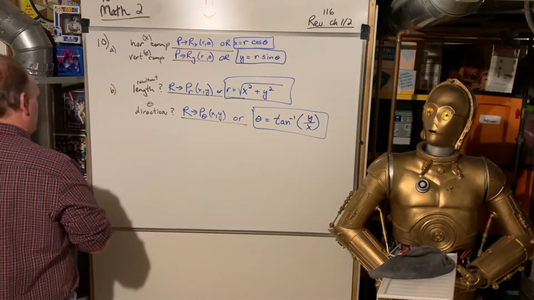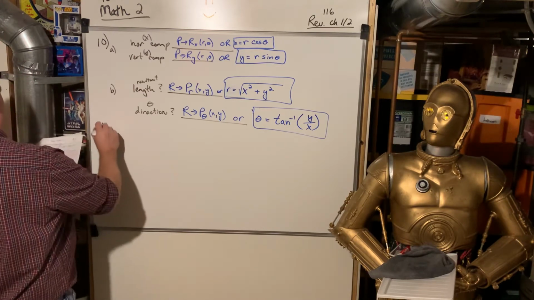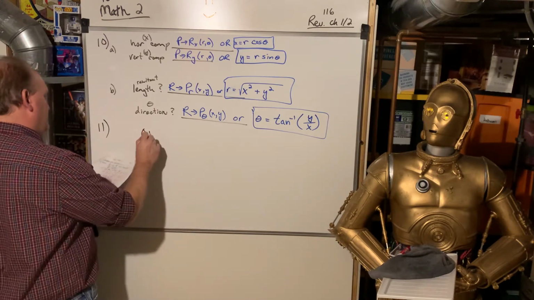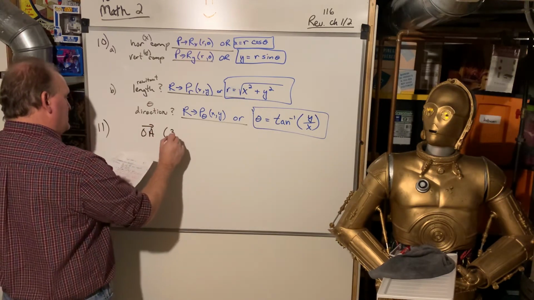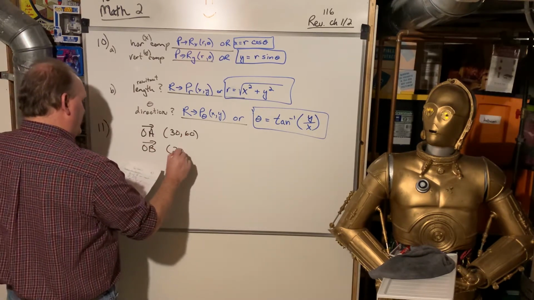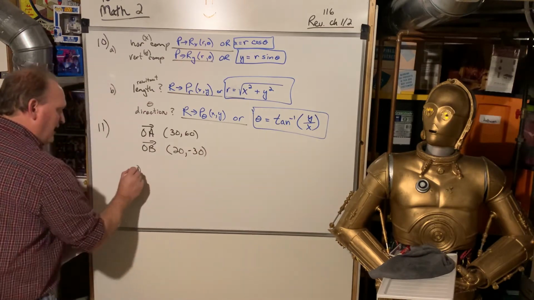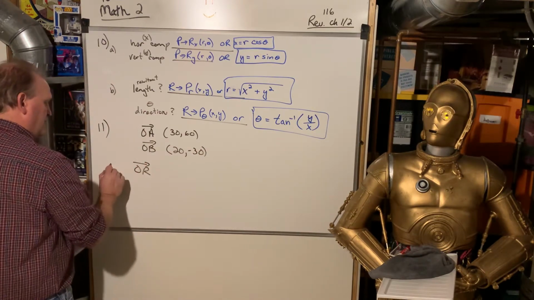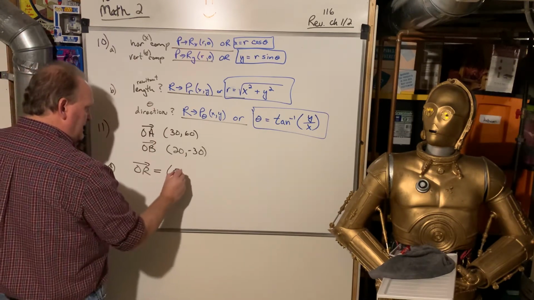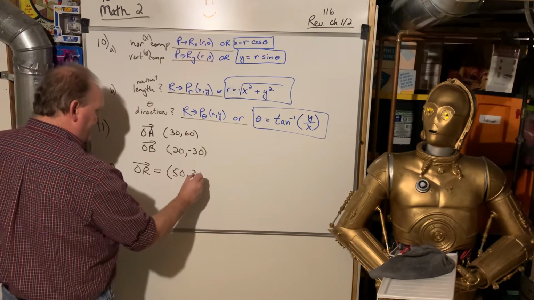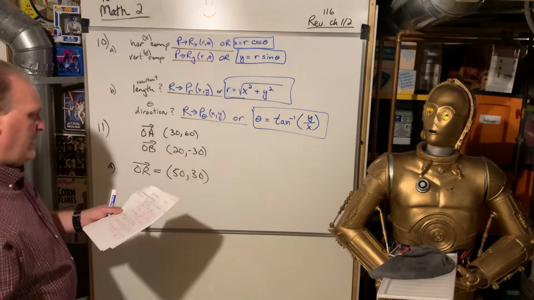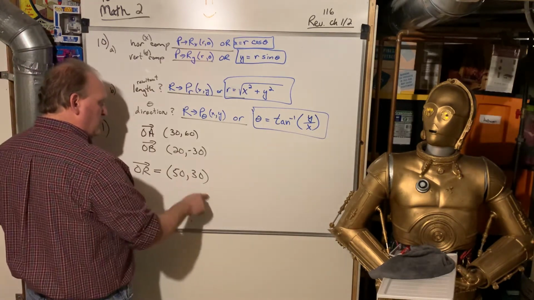Number 11, they want us to find the resultant vector. So this time we don't even really need a picture. If OA is 30, 60, and OB is 20, negative 30, then OR, you're just adding those together. So you just add those up. So OR would be 50, 30, because 60 plus negative 30 is positive 30. And then we want this answer, though, in